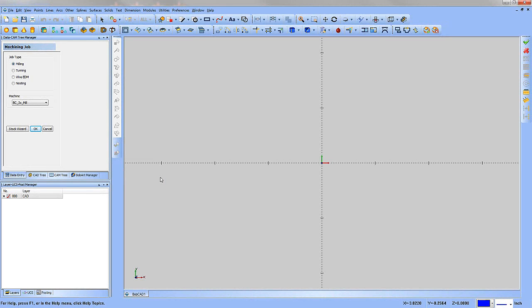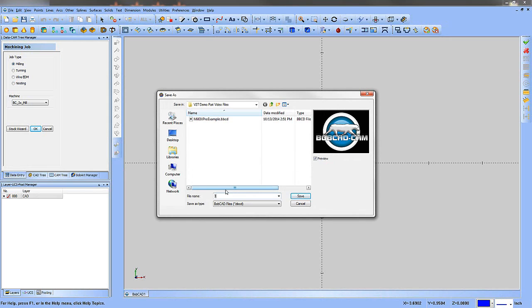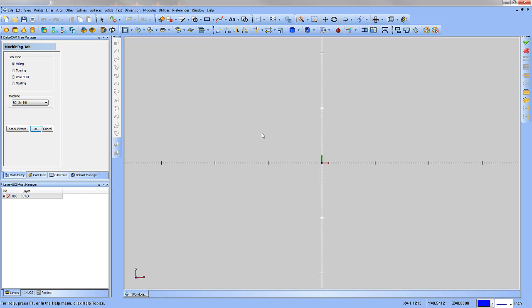In this video, we'll be covering the CAD portion of the 3-axis Pro demonstration. The first thing we're going to do is have a new window open and then go up and click File, Save As. We're going to save the file as the 3X Pro example, and then go ahead and hit Save. That's just getting us started on the new file so that if we need to come back to this,